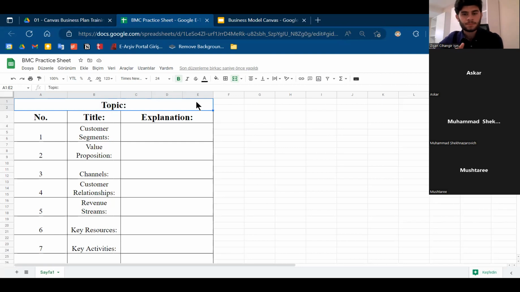Let's just do one example with the participation of everybody, and see if the canvas works for an idea that's just in the idea phase. If we decide to, I don't know, should we spend more time on the development, should we study the subject more, or are we ready to possibly enter the development and possibly enter the market? Do we know what we need, what we have?